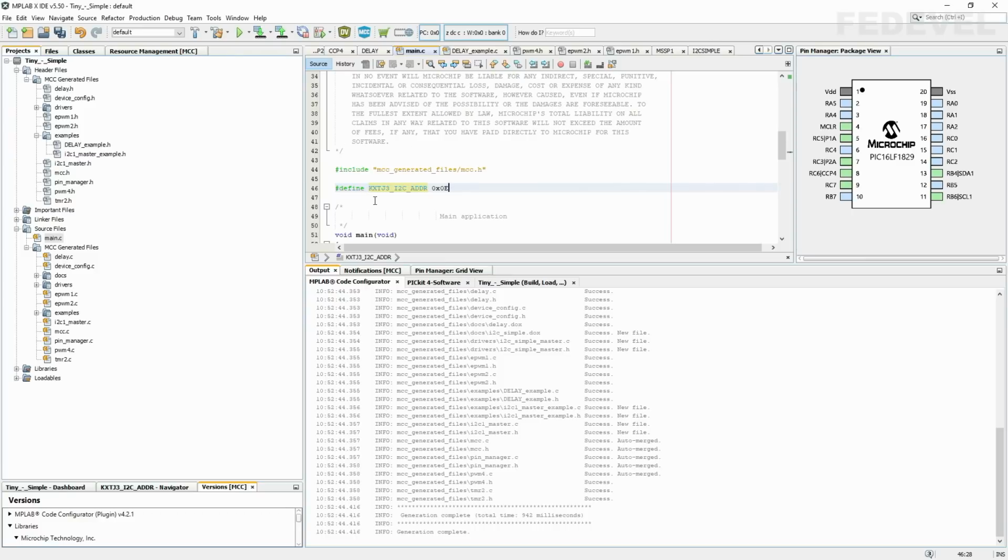We use this line because it will make our code easier to read. Instead of using E in our code, we will immediately know this is the address of our accelerometer.